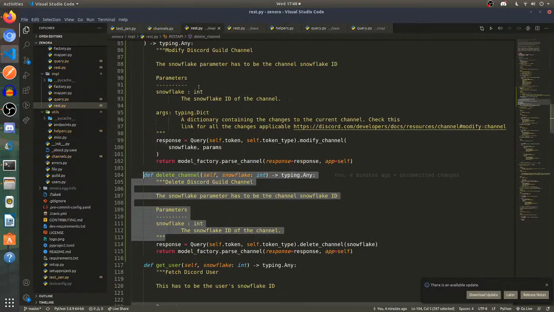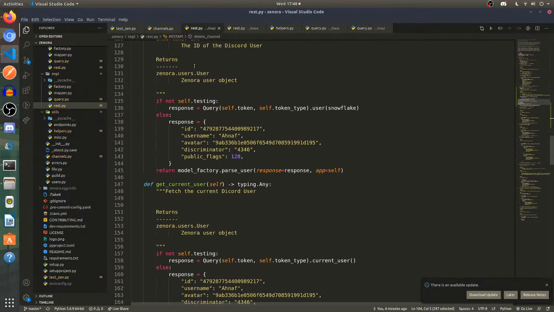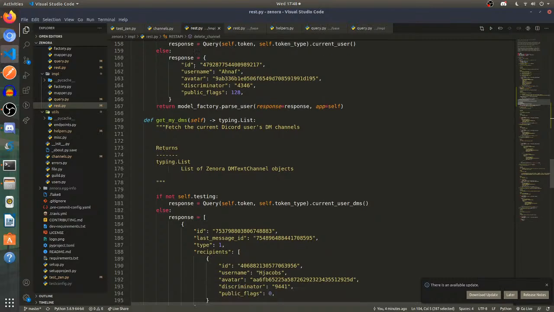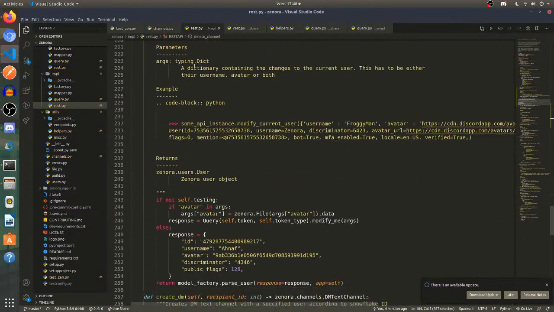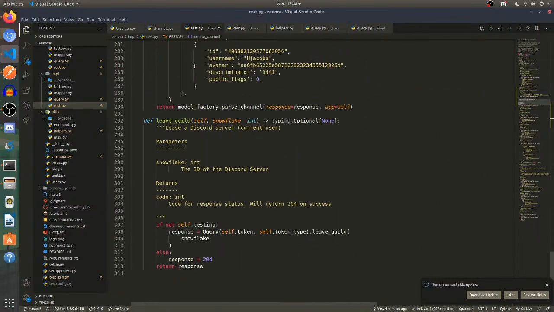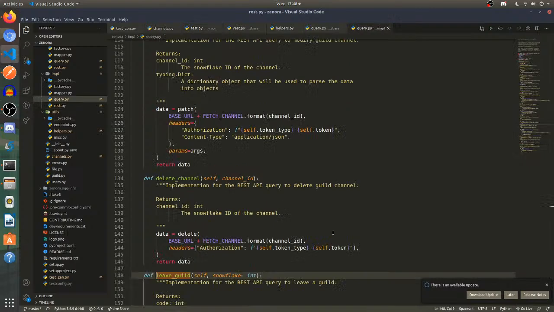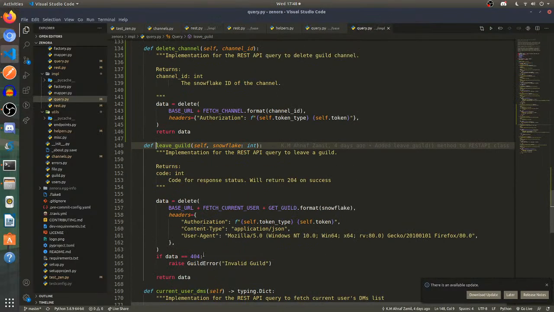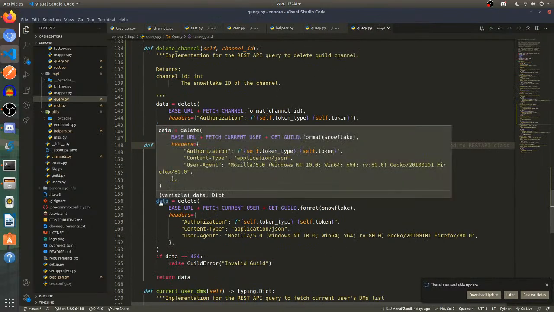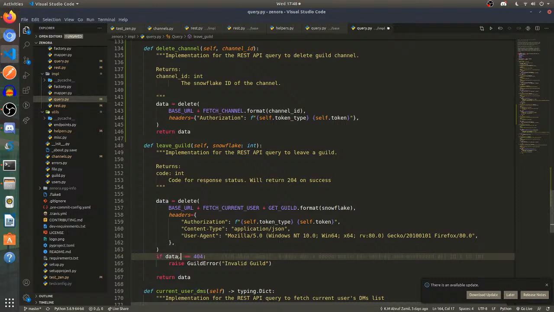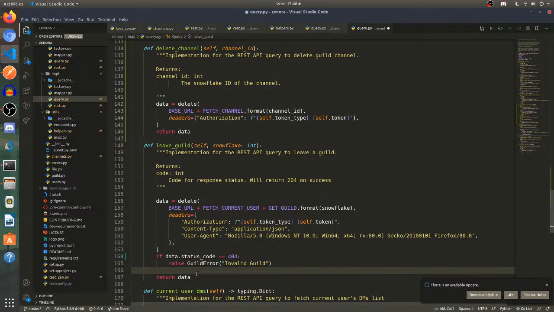But what are the delete methods I have? I have a few delete methods. Create DMs. Leave guild. Return response. Data dot status code.